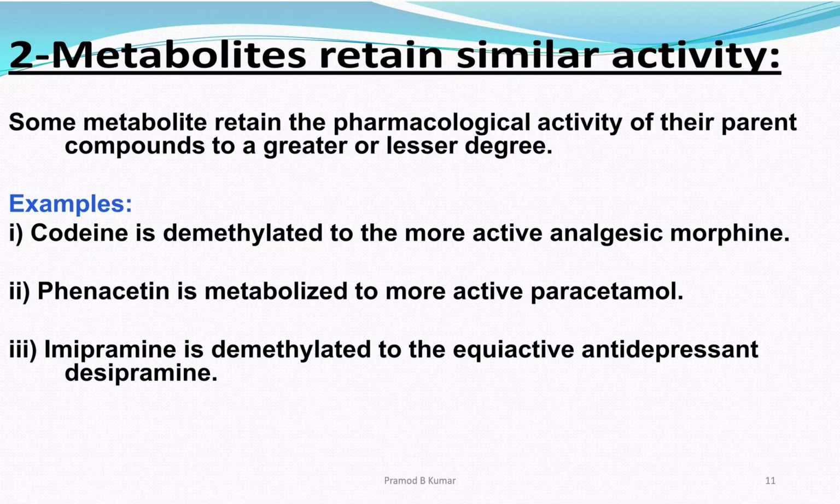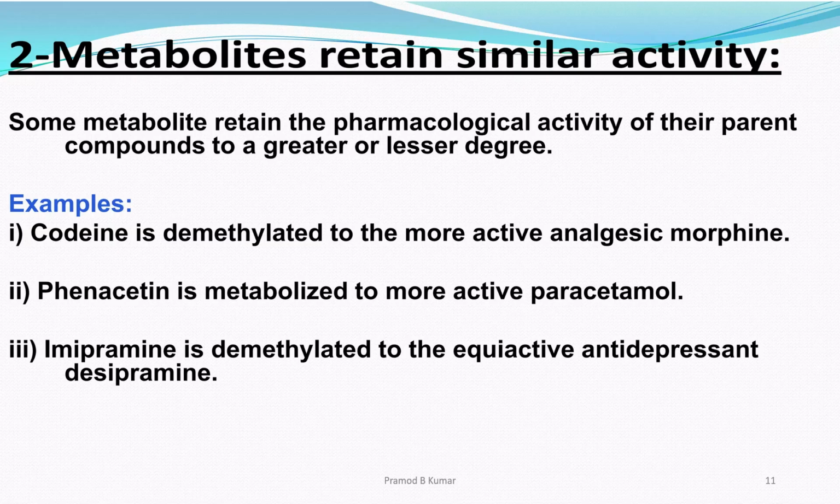So this was the first technique, converting to an inactive compound. Next is retaining similar activity. Let us say codeine, which you have studied. It is methylated morphine. Once this gets demethylated, you get a more active analgesic, morphine. So this is one example where some metabolites retain the pharmacological activity of the parent compounds to a greater or